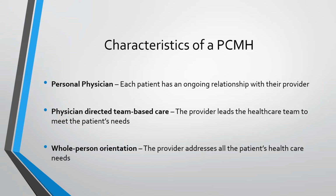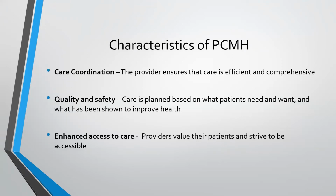And then it's whole person, it's really looking at the whole person. It's not just coming in with, well, this is my complaint today. It's really taking into consideration the whole person and what they still have going on with them. We have care coordination, it's efficient and it's comprehensive. It's sending those reminders. Hey, by the way, you need to set an appointment up, or how's this going, or taking into consideration